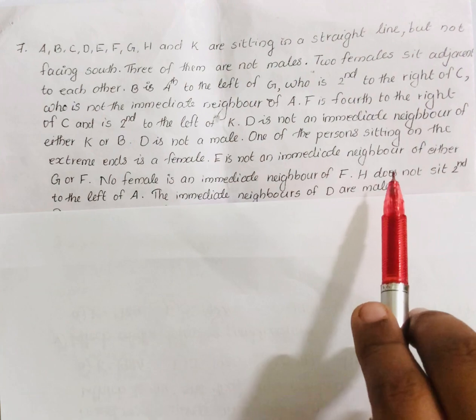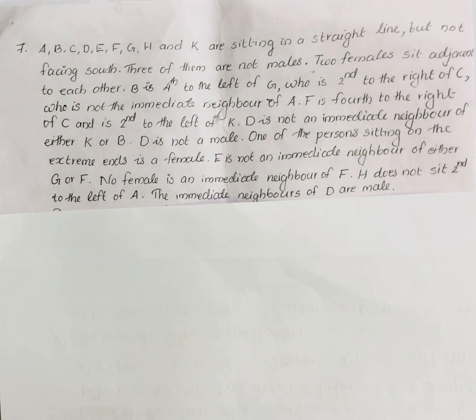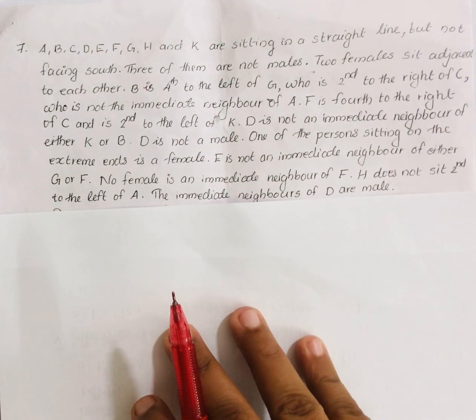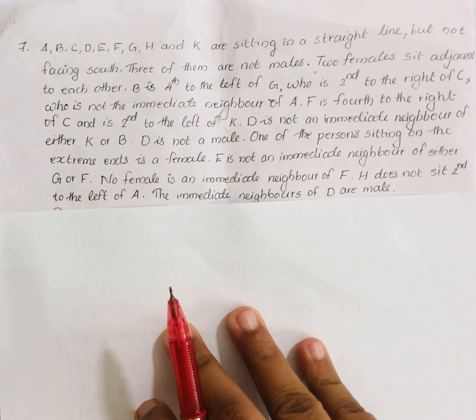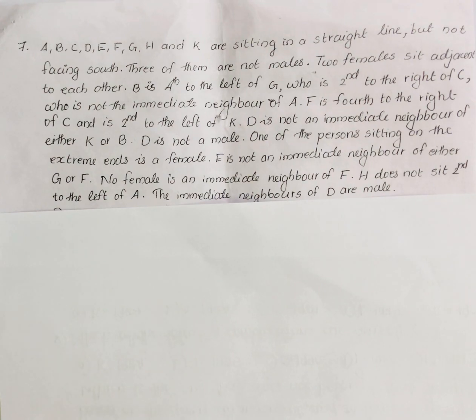E is not an immediate neighbor of either G or F. No female is an immediate neighbor of F. H does not sit second to the left of A. The immediate neighbors of D are male. These are the conditions. So, in this question,